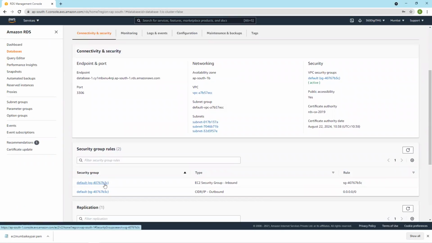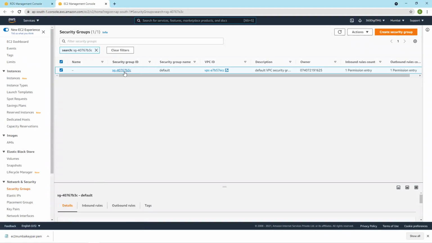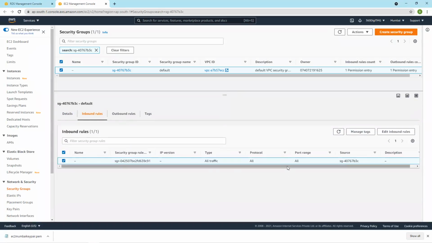There are two security groups. Okay, only one security group, inbound and outbound. Inbound rules. Okay, let us add an inbound rule.